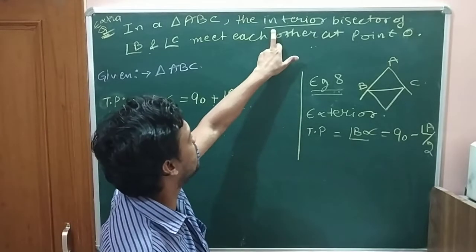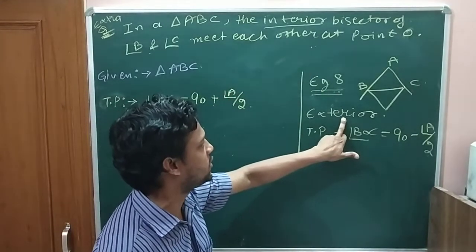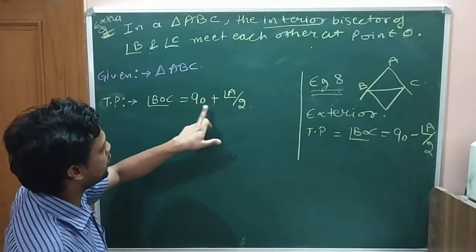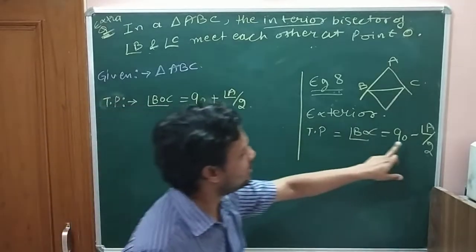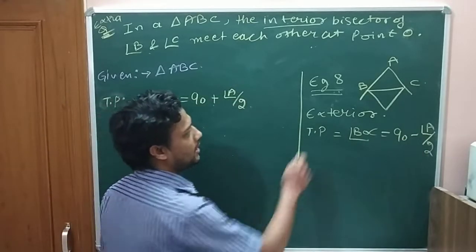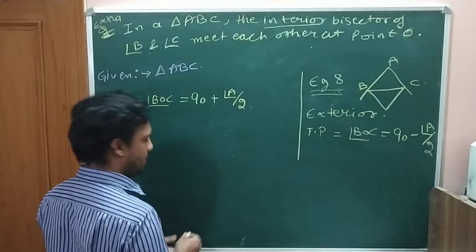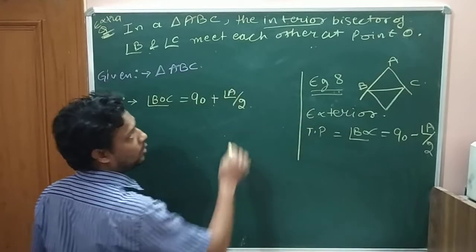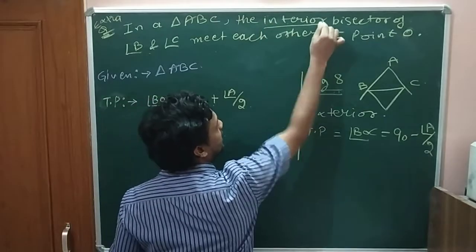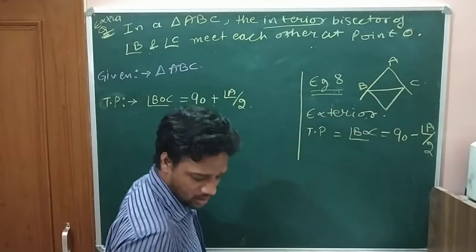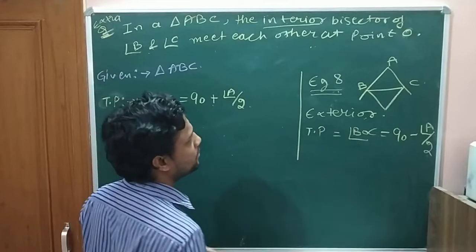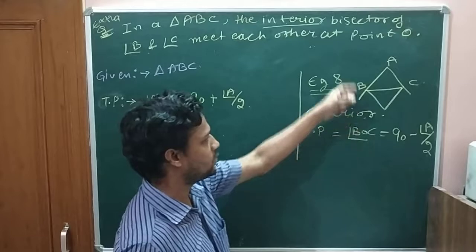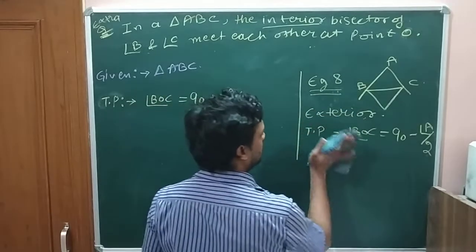One, in this they use the interior; in the NCERT question there is the exterior. Here you have to prove 90 plus, there it is 90 minus. Only two things are there, and both are important. So both questions are of the same type. Here is the interior, there is the exterior. So don't get confused during the exam. Whether it is interior, then solve like this. If it is exterior, then solve according to the NCERT question. Clear?